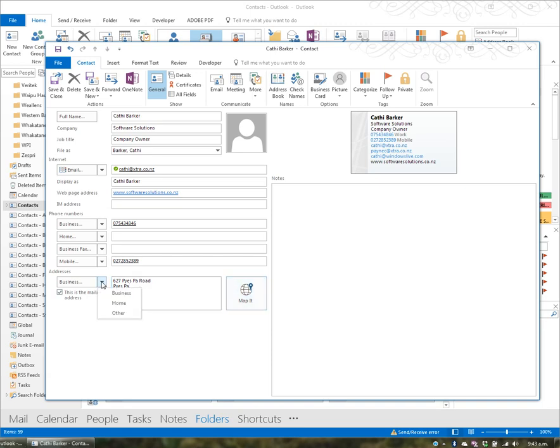You can enter up to 3 addresses, and you can nominate which one is a mailing address simply by ticking or unticking this option here. And all the while you can see that it's actually creating a business card which represents this person. Notice in this large field here, if you had any notes about the person, you could also enter the notes in there. Now I'm just going to put Cathi Barker from scratch